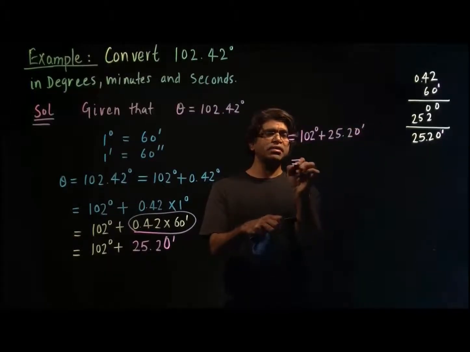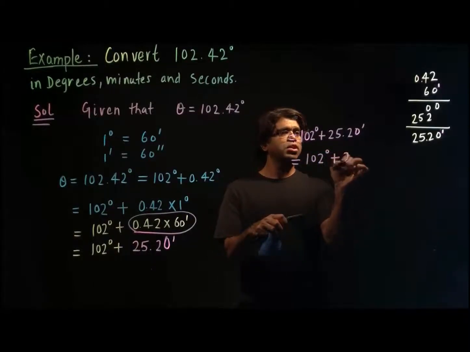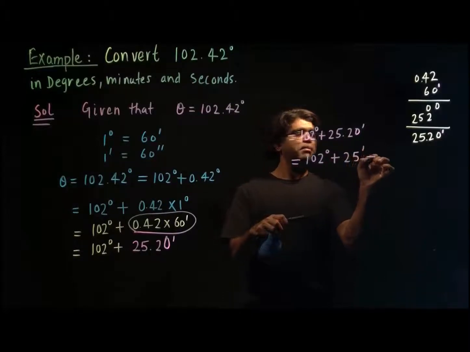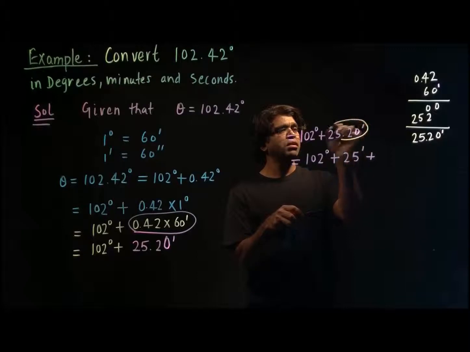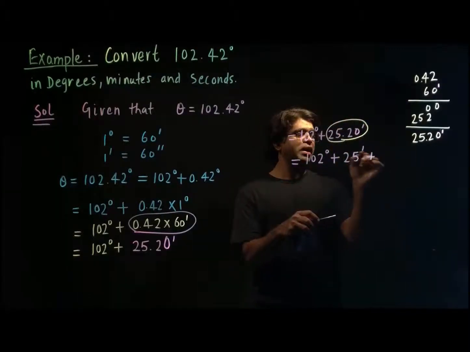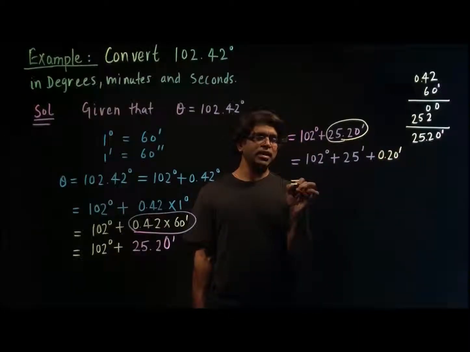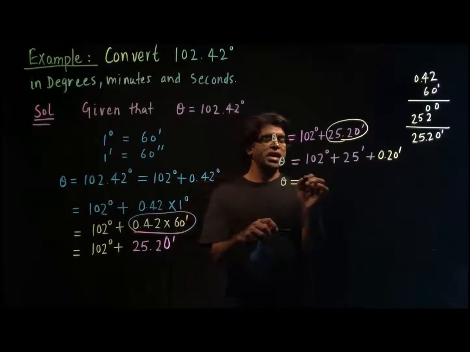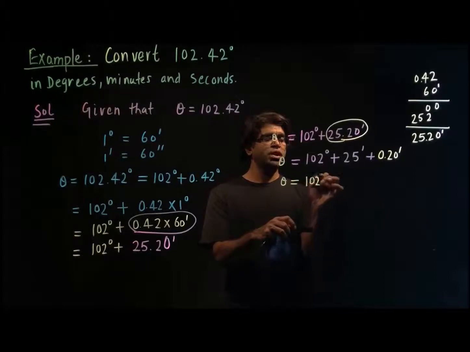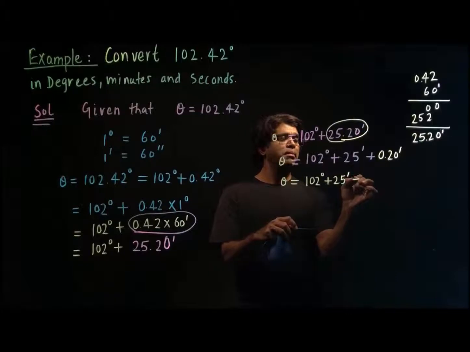I'm going to rewrite this whole thing, so I will write 102 degrees plus 25 minutes plus, separating the decimal from 25.2, 0.20 minutes. I'm going to rewrite this again, and basically this is my angle theta. So theta is 102 degrees plus 25 minutes plus